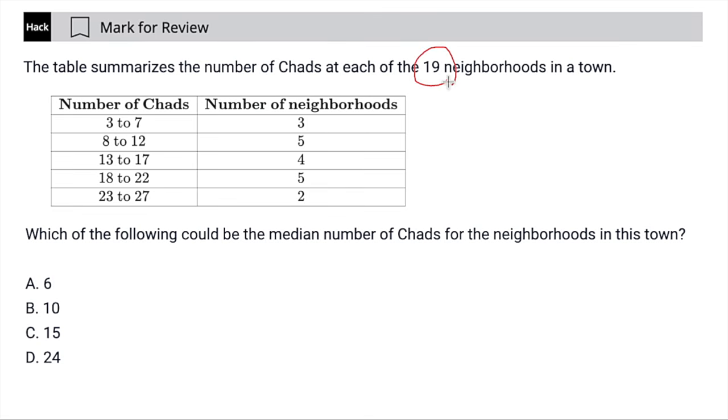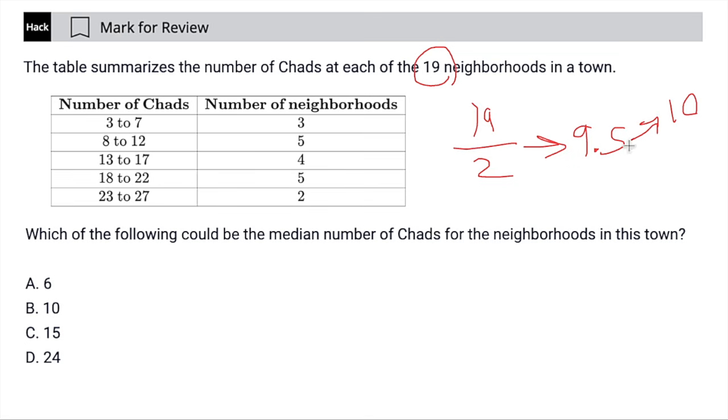This is where the median trick comes in handy. And it goes a little something like this. You take your total number of values and divide by 2. So in this case, it would be 19 divided by 2. That's obviously going to be 9.5. And when you get a decimal like this, because you have an uneven number, you're going to round up to